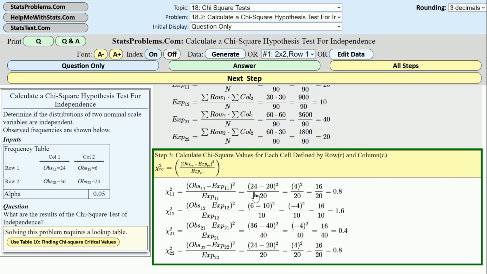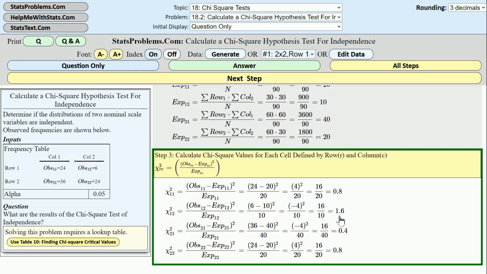In this example, the chi-square value for cell 11 is 24 minus 20 squared divided by 20, which works out to 4 squared divided by 20, which works out to 16 divided by 20, which works out to 0.8. For cell 12, the chi-square value is the observed frequency 12 minus the expected frequency 12 squared, divided by the expected frequency 12. In this example, the chi-square value for cell 12 is 6 minus 10 squared divided by 10, which works out to minus 4 squared divided by 10, which works out to 16 divided by 10, which works out